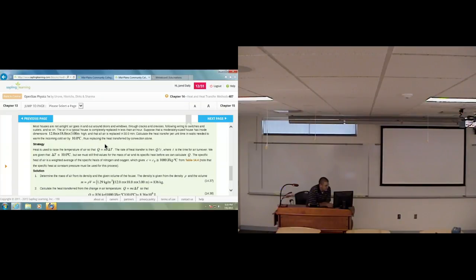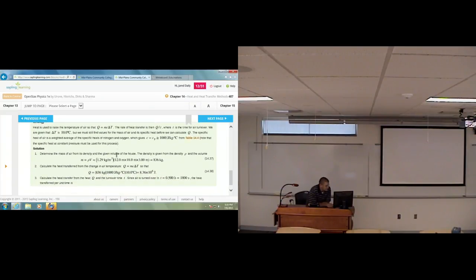To calculate that, we're going to need the mass of the air, which is rho times the volume. The volume is the dimensions of the house multiplied together, and the density of air is 1.29 kilograms per cubic meter. So it's 836 kilograms of air every hour that we have to heat. We have to increase the temperature by 10 degrees to make it nice because it came from the outside, which is colder. So to do that, we're just going to use our change of temperature equation for heat,